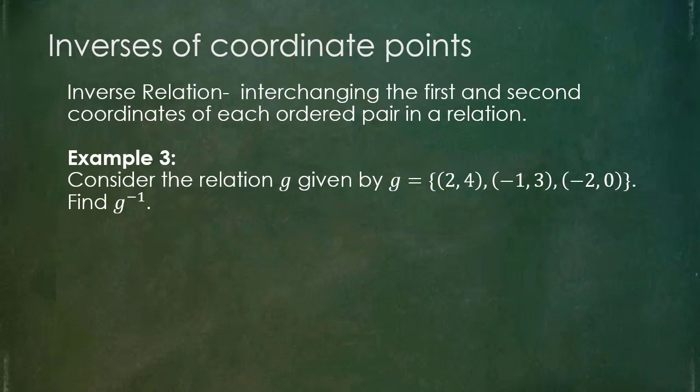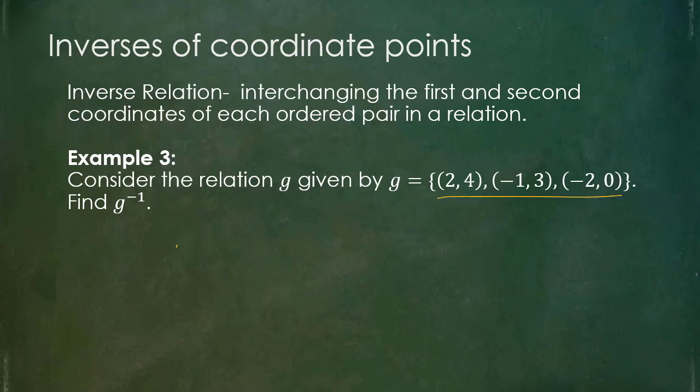Now let's go ahead and intro into finding the inverses. We'll start with just dealing with coordinate points, or what most commonly is going to be an x comma y. But an inverse relation is something basically where the first and second coordinates that you're given, we just end up interchanging them or swapping them. So that has to do with, back from earlier, that the domain of the original function will match the range of the inverse function. So for this particular example, if it says g is this list of 3 ordered pairs,